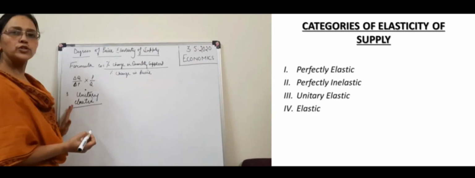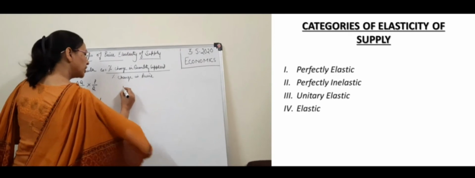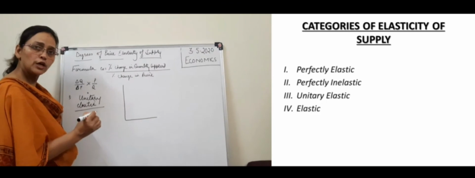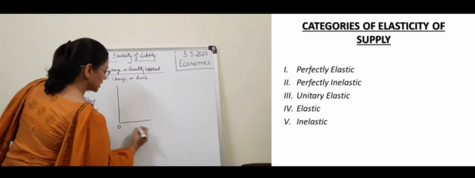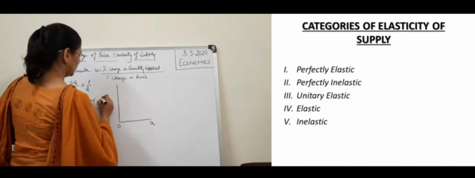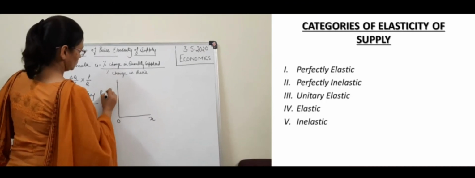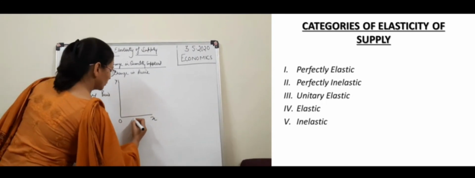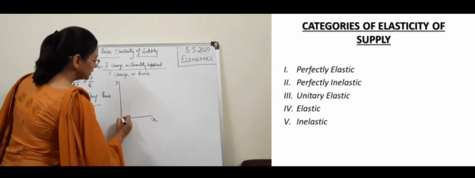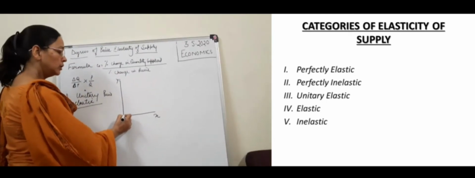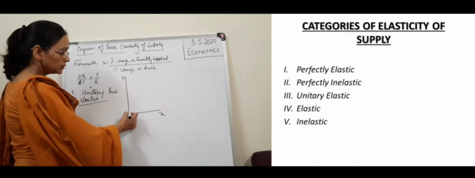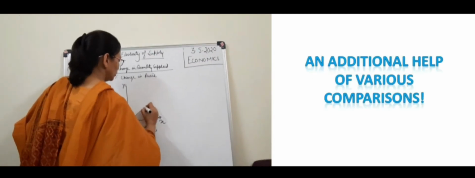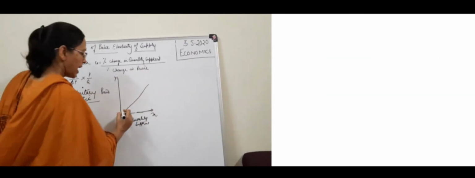The third degree is unitary elastic. Here, the proportionate change in supply is equal to the proportionate change in price. In this case, any straight line supply curve drawn from the origin has the elasticity